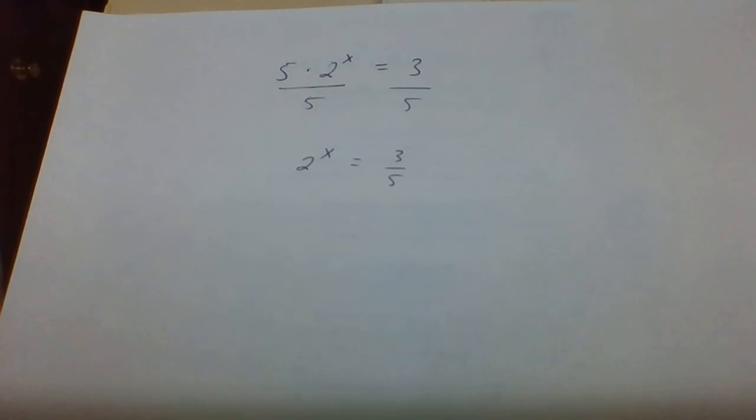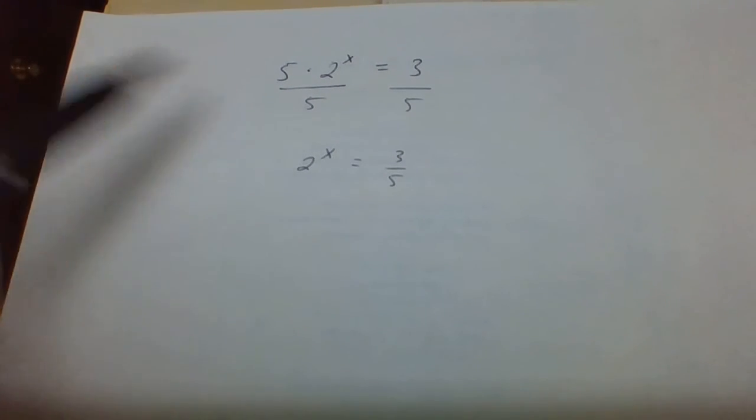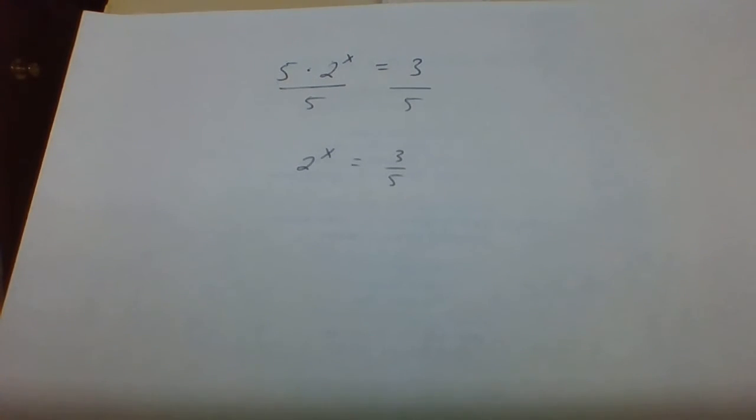Now, be a little bit strategic when you do this. You can use natural log, or you can use log of both sides. You want to pay attention to any of these numbers. Look for a base of e, or look for a base of 10. If you happen to see a base of 10, then use log. If you see a base of e, then use natural log of both sides, because you're going to be able to simplify each of those pieces